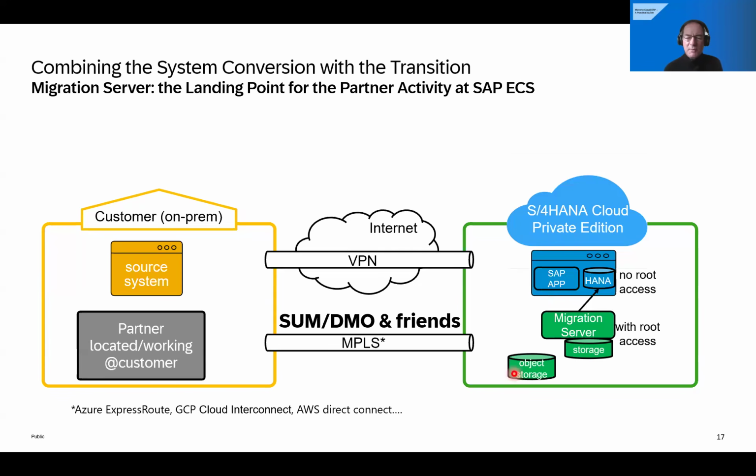And those virtual machines will be decommissioned at the end. That's a general overview. And of course, we recommend a good connection between source and target so that the downtime is hopefully not affected by connectivity aspects. Not yet in detail, but that's the case for all the scenarios we have for targeting S/4HANA Cloud Private